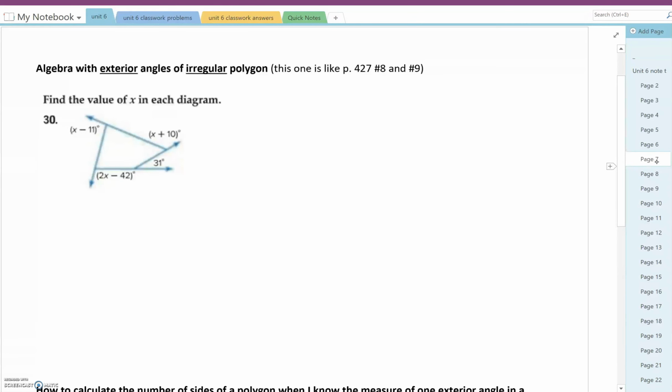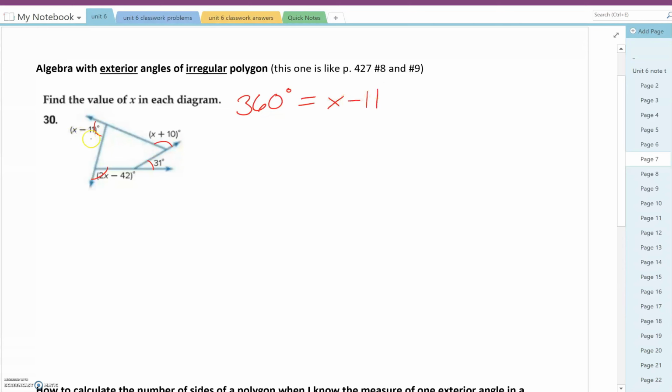Okay, next one, find the value of x in each diagram. Well, I'm only doing one of them here. What you should notice about this one is that the angles we're looking at now are on the outside of the polygon. In other words, these are exterior angles. Anytime I have exterior angles, if I add them all together, I get 360 degrees. Okay, so no matter how many sides a polygon has, if I'm looking at exterior angles, they're going to add up to